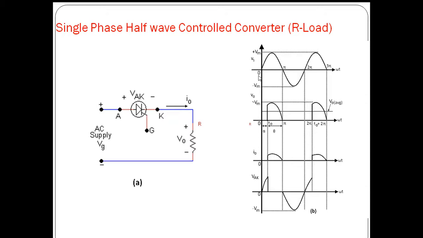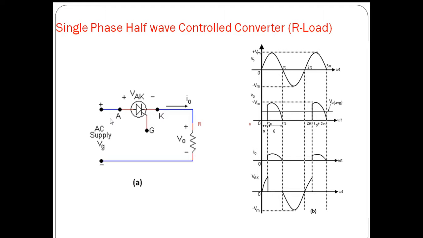So see here, from the instant 0 onwards, the SCR is forward biased. SCR is subjected to the positive half cycle of supply from 0 to pi. SCR is forward biased, but there won't be any current flow through the SCR because the SCR is forward biased but not provided with a gate signal. Gate signal is not applied. So because of the absence of gate signal, the SCR is in off state, for a small duration.